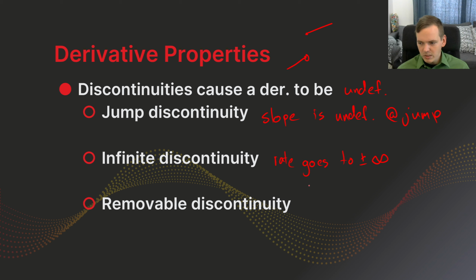And then with a removable discontinuity, either the function is undefined, which means it's not continuous and therefore it can't be differentiable, or it has a jump, which gives us the same problem as a jump discontinuity. So if I just have something like this, this is not differentiable at this point here because we don't have a defined value here, so we can't find the instantaneous rate of change, because it involves